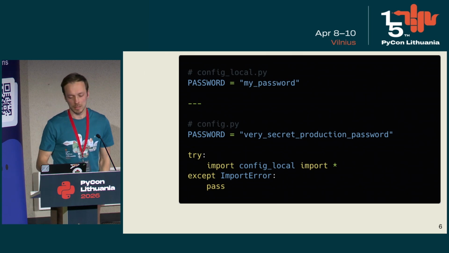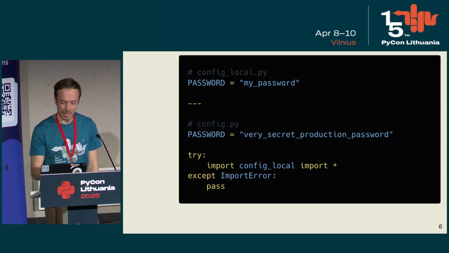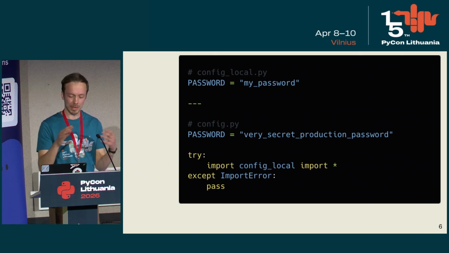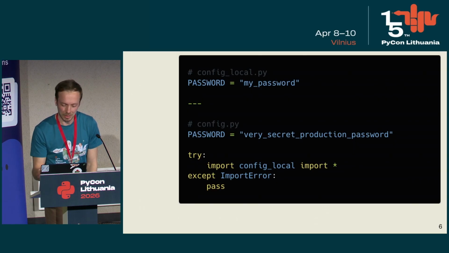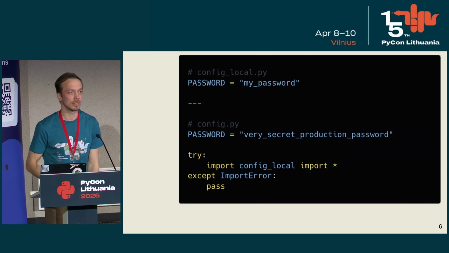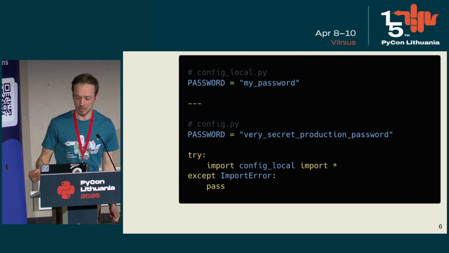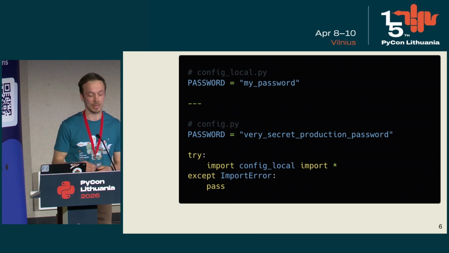Yeah, and in the code I can still have the... Okay, I suppose. Yeah, definitely the production password will not be in the main code of the program. Yeah, but still we can use this approach. Yeah, so I just wanted to share with you this way how you can use Python for configs and having the